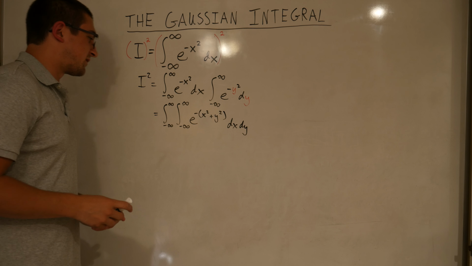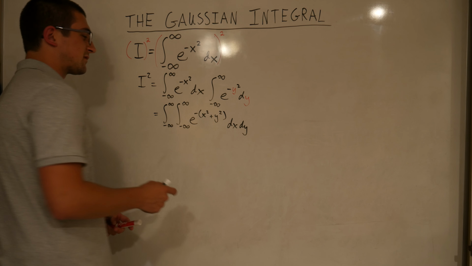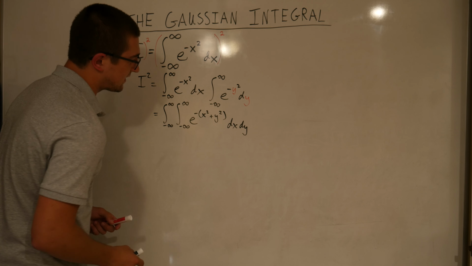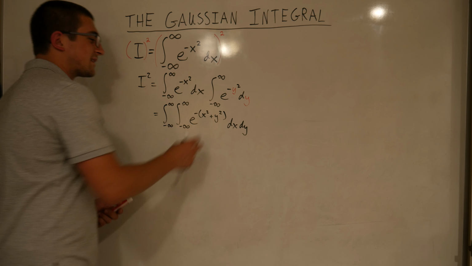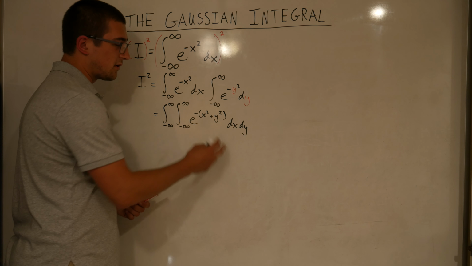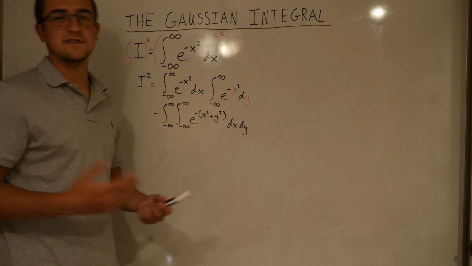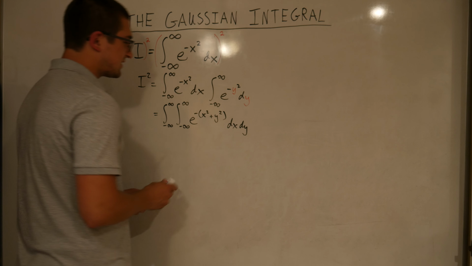So now we have a double integral that's equal to I squared, and if you've taken Calc 3 and seen a lot of double integrals, you might notice that we could make this integral easier by changing coordinates. In this case, changing to polar coordinates, because in polar coordinates x squared plus y squared is equal to r squared. And so changing to polar coordinates,